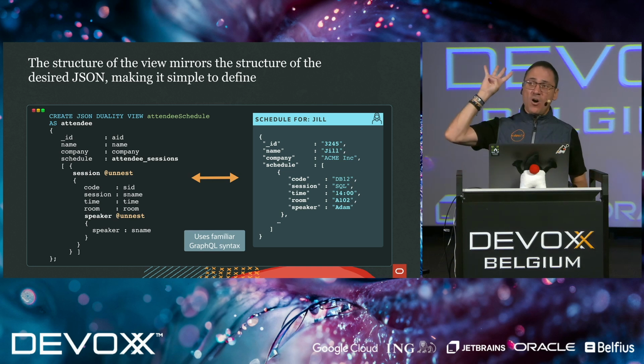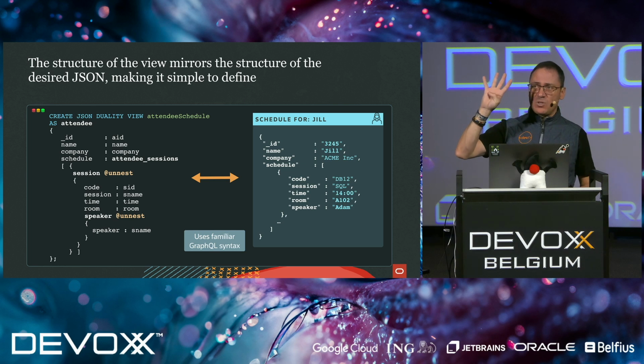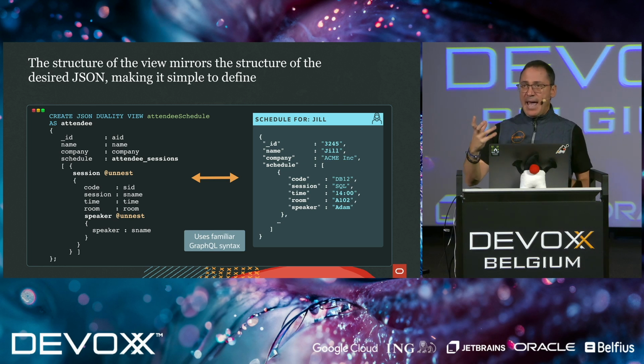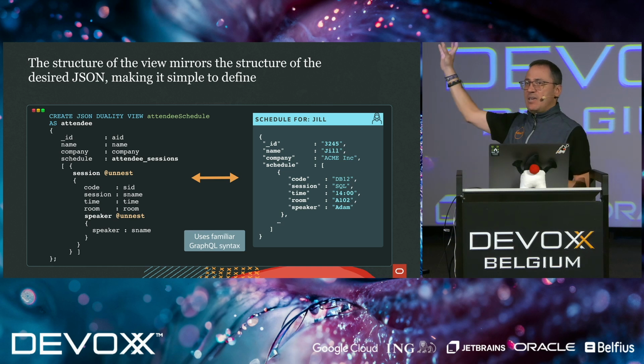So we're exposing 4 relational data tables in a single document. And just like that, just exposing this document for reading can also be done for writing. So you can insert a new attendee by sending a big document that happens to match the mapping definitions that we have in this screen.